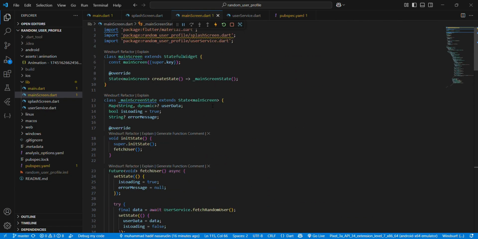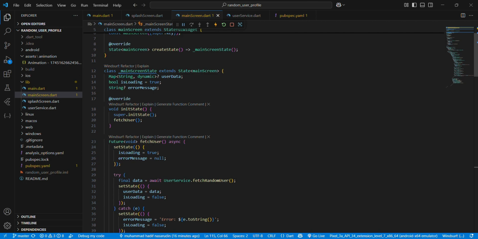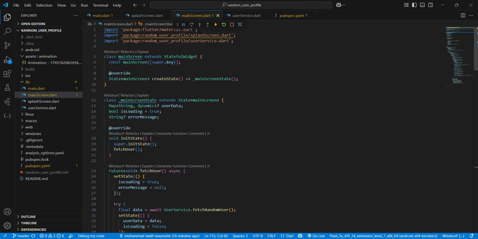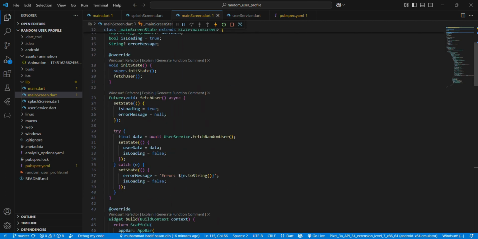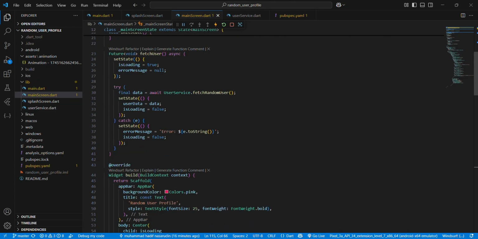So in the main screen, this is how the app works. We have a stateful widget with initState, and then we fetch the user with asynchronous programming like this.